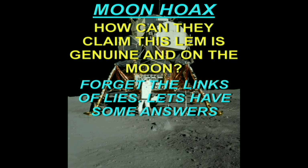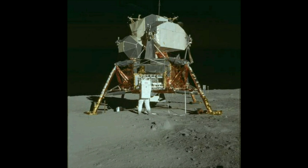Hi folks, welcome to another video by the brilliant Expattaffy titled Moon Hoax, How Can They Claim This LEM is Genuine and on the Moon? Now, what we're going to be doing here is taking a more thorough look at the Apollo 11 LEM. And we're going to thoroughly examine it. Here it is here, folks. Apollo 11 LEM